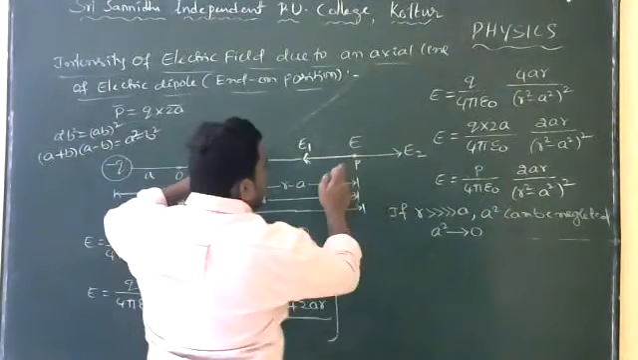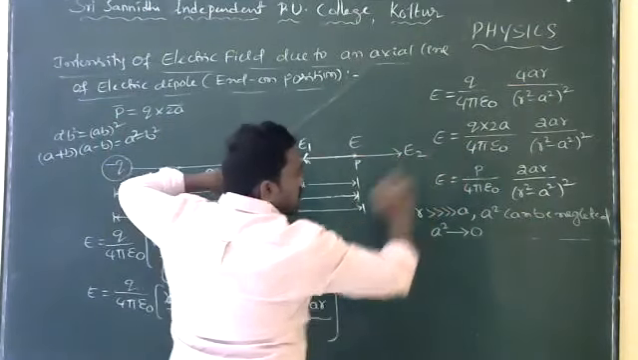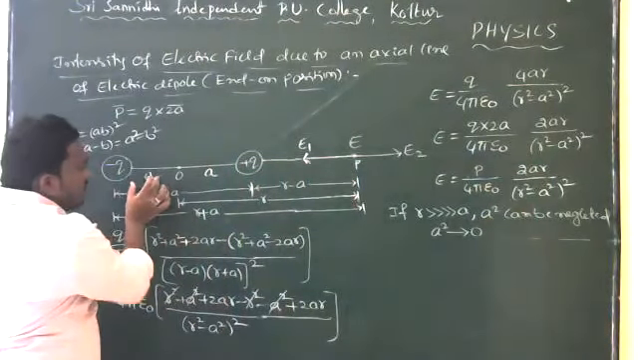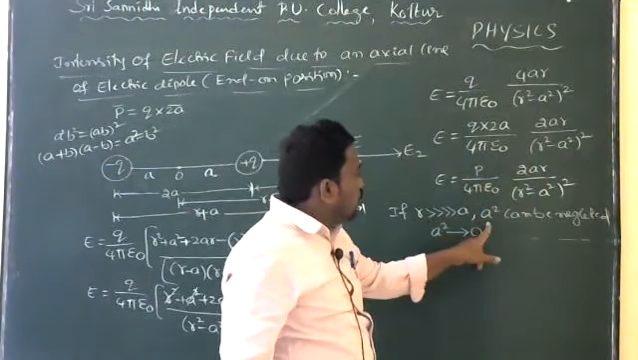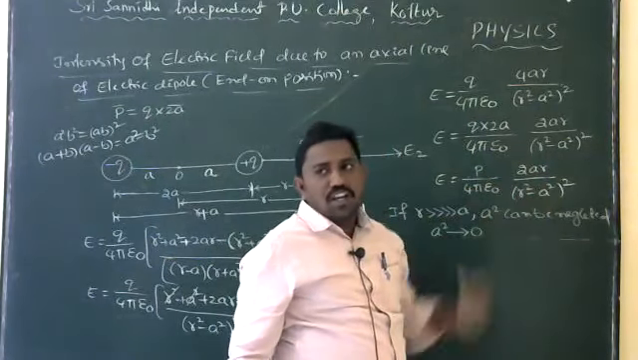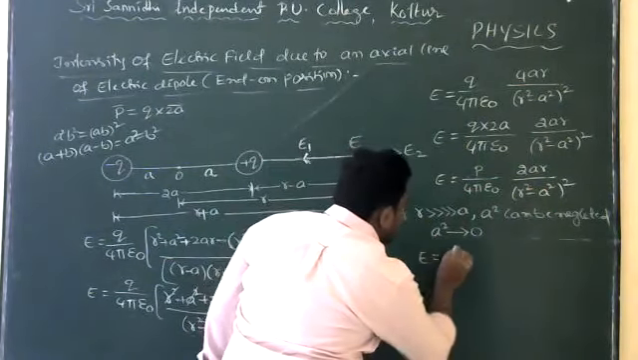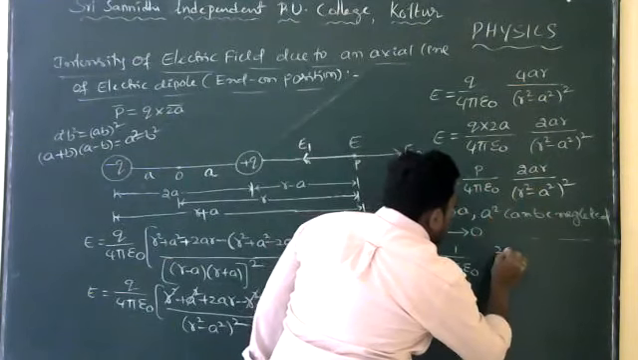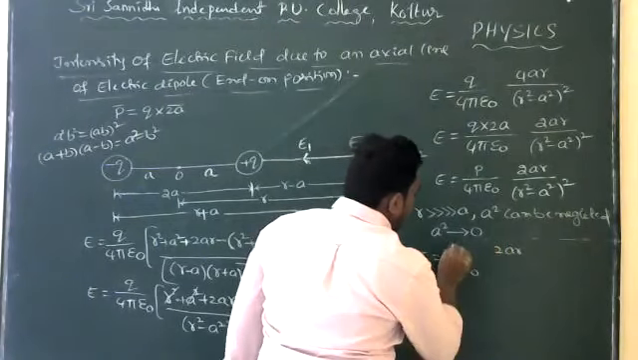As the point P moves farther, the R value increases, and the A value is very small compared to R. Therefore R is very greater than A, and A² can be neglected in the denominator; A² tends to 0. So the next equation is E is equal to 1 by 4 pi epsilon naught, 2AR, and this is P, so P by 4 pi epsilon naught